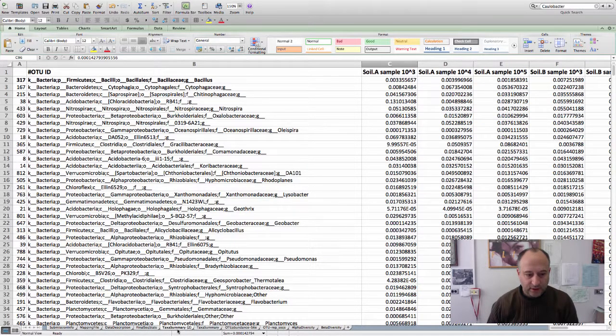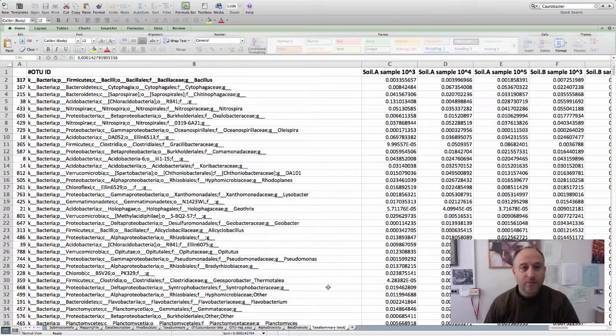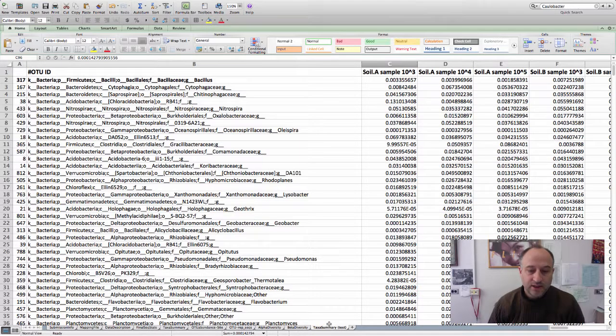And if you look down here, here is taxa summary 2 and the original taxa summary. And I think I can move that over to the end. And if I want, I can double click it and change the name to test, so that I know that this is the one that I'm manipulating, and that if I want to go back to the original, this one will be the original. Okay, so from working in this test tab,